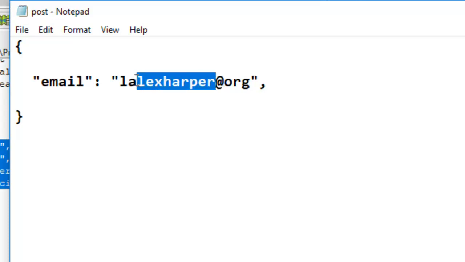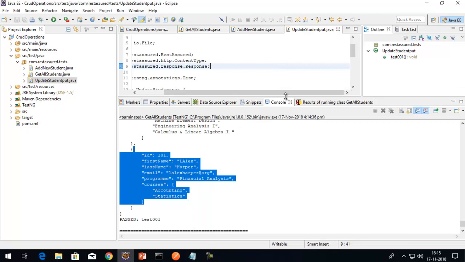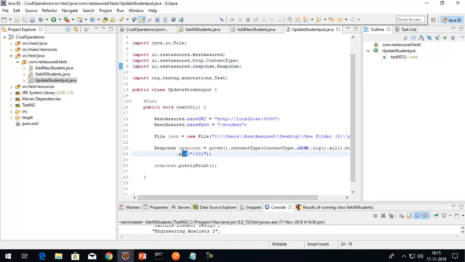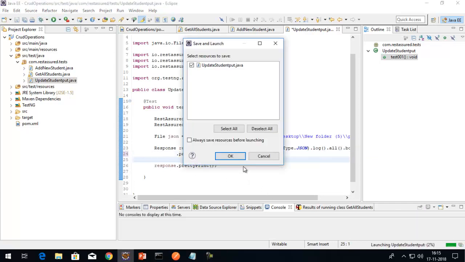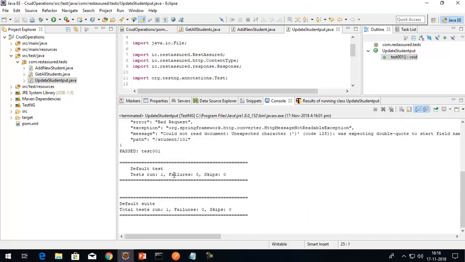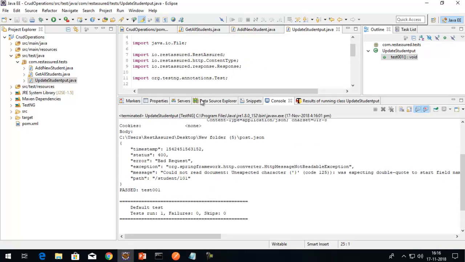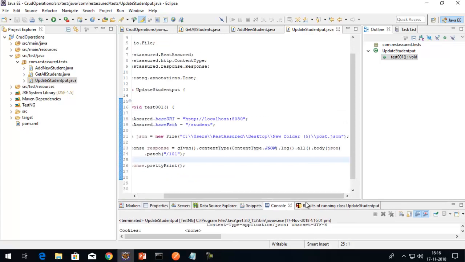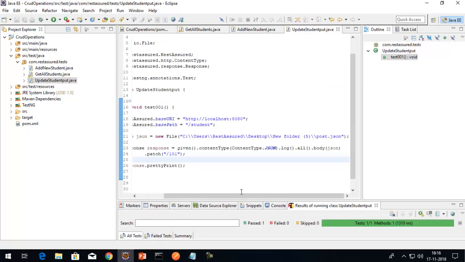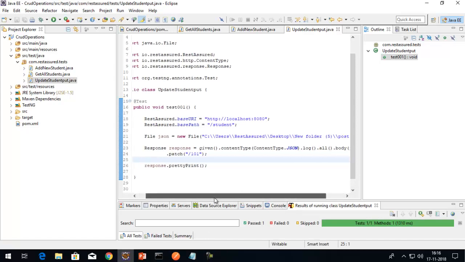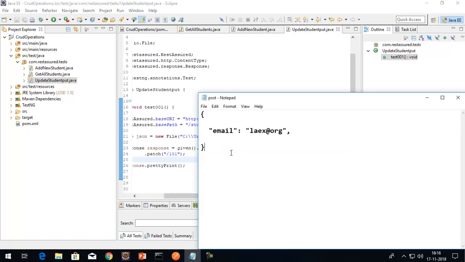So let's say I want to change it to this only. I'll save the file, and instead of PUT, this time the method I will use is PATCH. If I use the method called PATCH and send this request again, the email will be updated. Let's see what mistake we made. The test passed, but still the student value didn't get updated. Maybe our JSON didn't get saved. There won't be a comma here because it's a single property file. So again, if I send it,